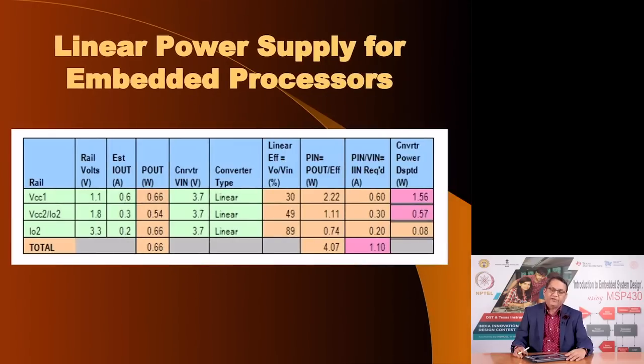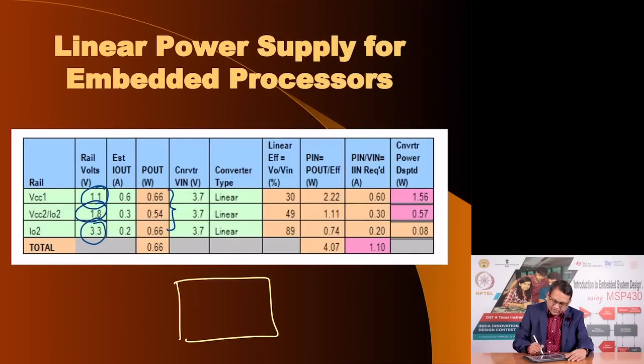In the next slide I have taken from the data sheet of a high end Texas Instruments microcontroller, and as you see it requires 3 power supply voltages: 1.1 volts, 1.8 volts and 3.3 volts. And you see the current expected out of these 3 power rails is such that the product is more or less uniform. So if I have this IC, usually it will be split in 3 parts: